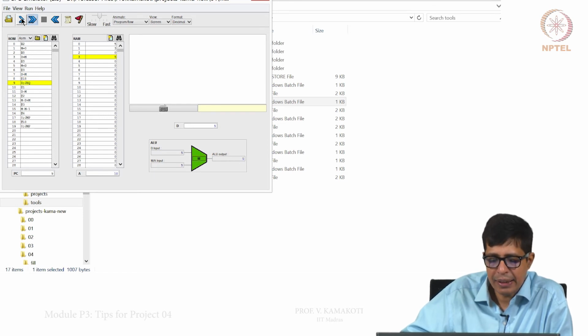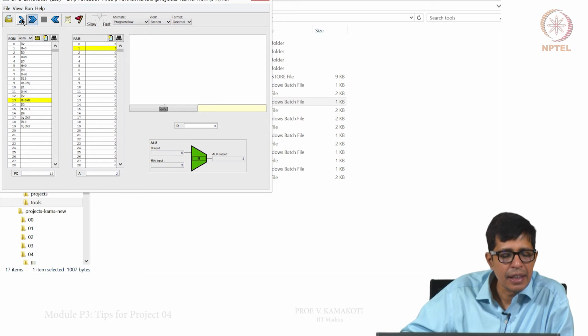Now, I am making at 18 D semicolon JEQ, then I am saying at 1, D equal to m. Once I finish D equal to m, your D register should get 3 and so on.